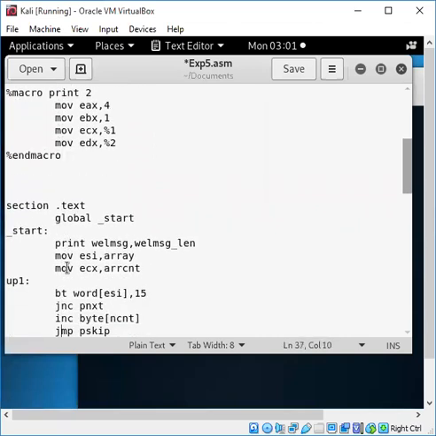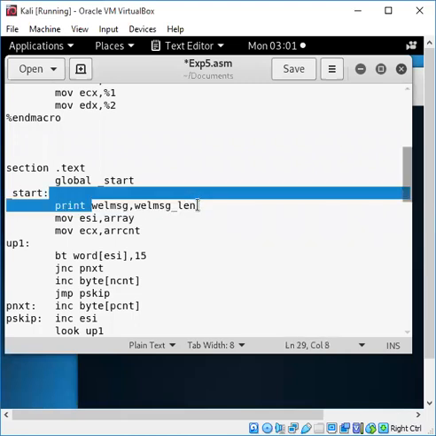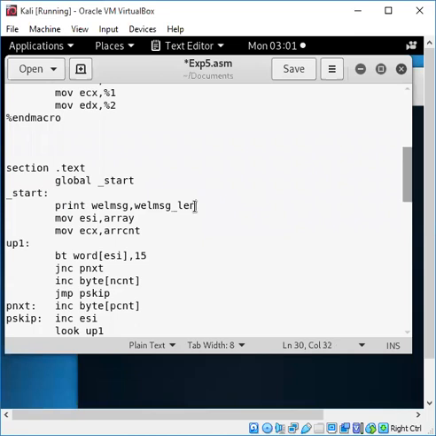Then next, we need to write the actual part, that is the text part, the actual logic. So we need to display a message. The macro has been called, so what it will do is print with 2 values. What 2 values? That is the actual message and the length of it. After getting that, copy the elements one by one into ESI, which is the source index register, which will be given the indexing values one by one as input for this.